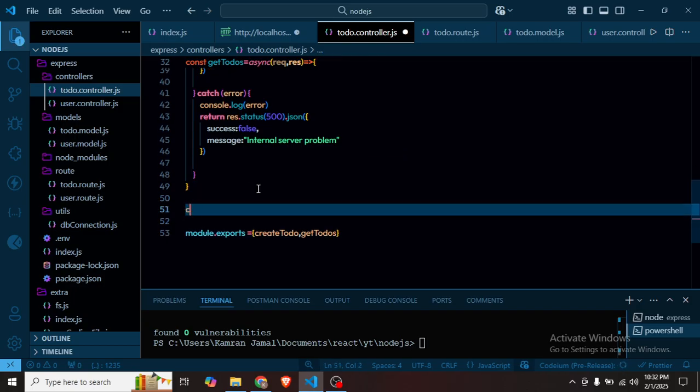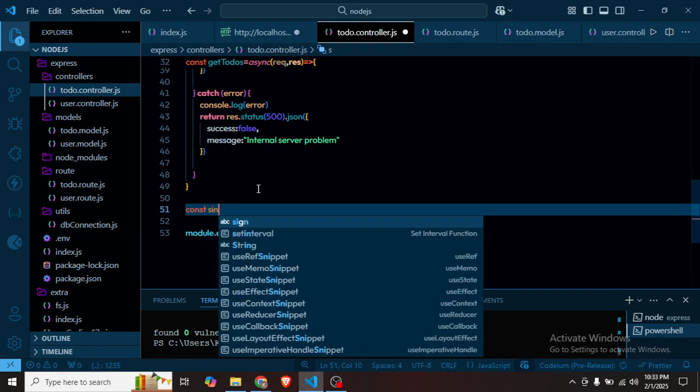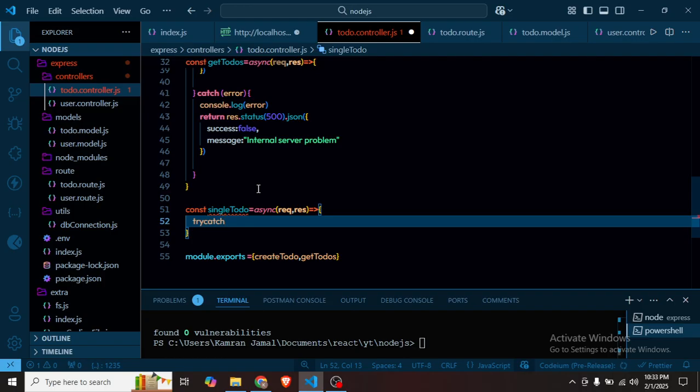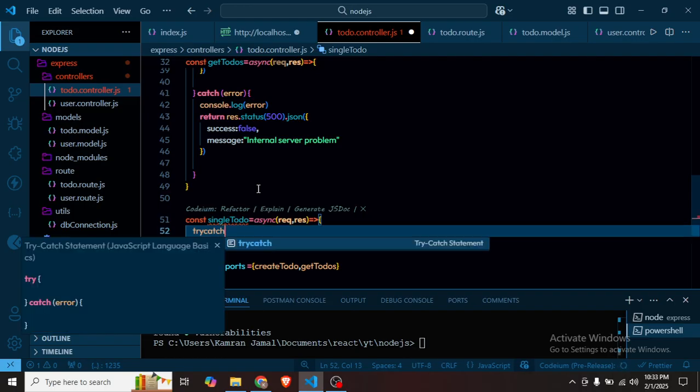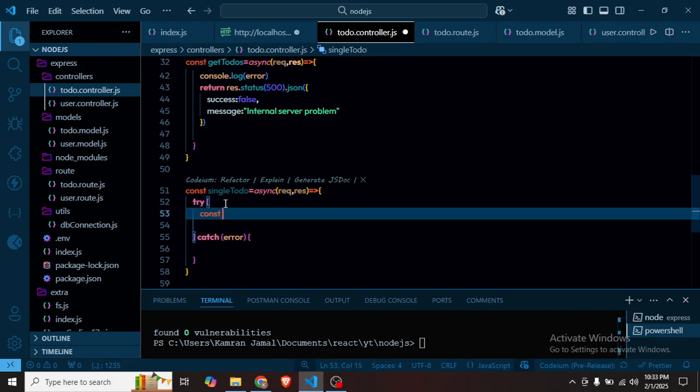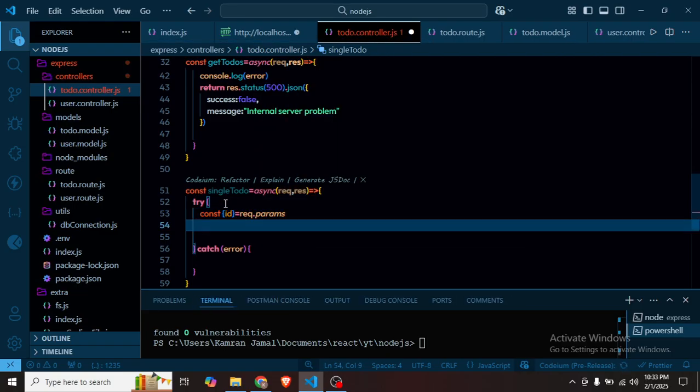Let's first get the single todo, okay, const singleTodo, asynchronous function with request and response, try catch. Okay, so first I will have to grab the ID from the params, okay, request dot params, okay, and once I get the ID I will have to find the todo with the help of that ID, okay. So const todo is equal to await